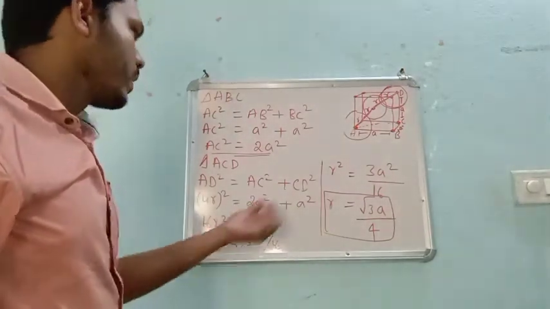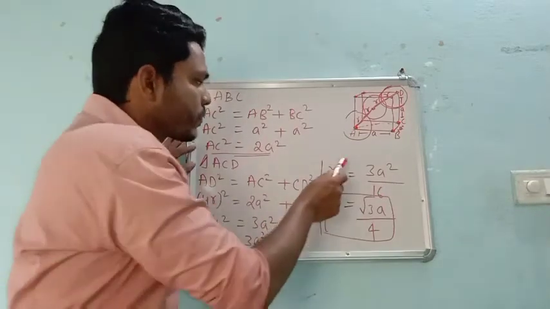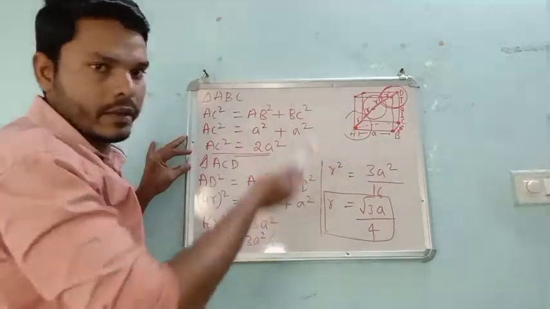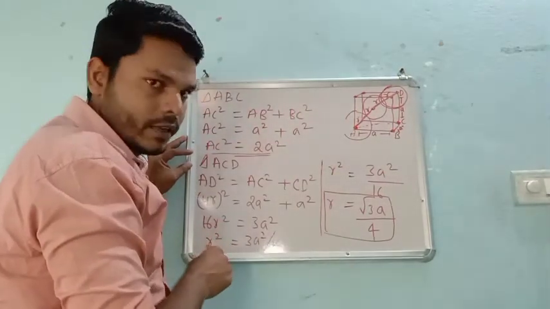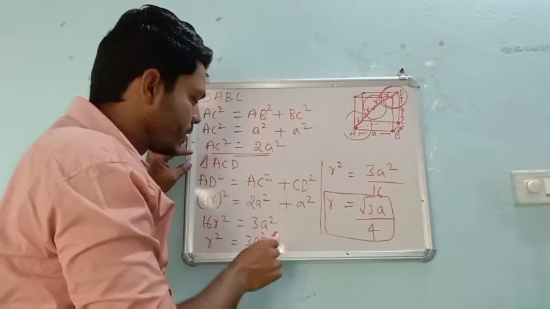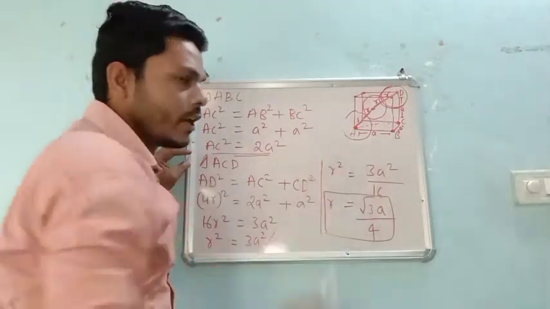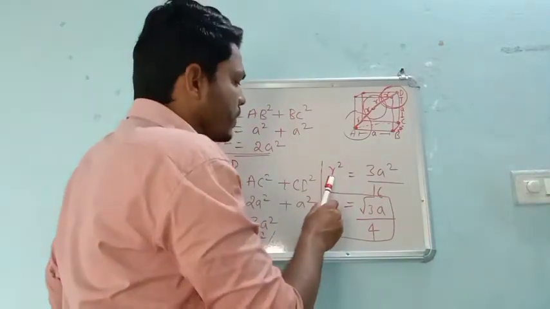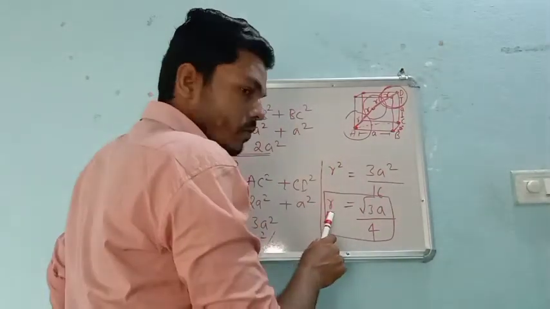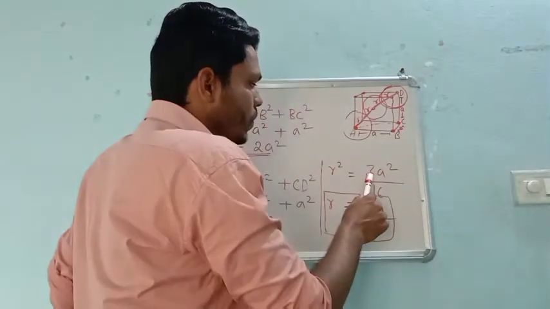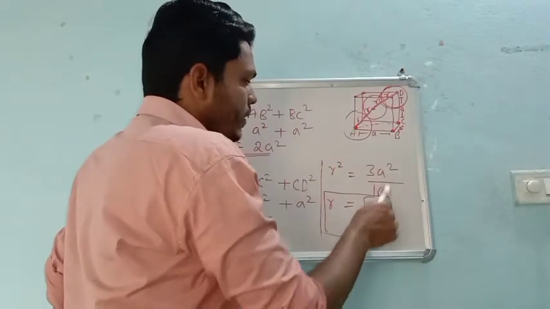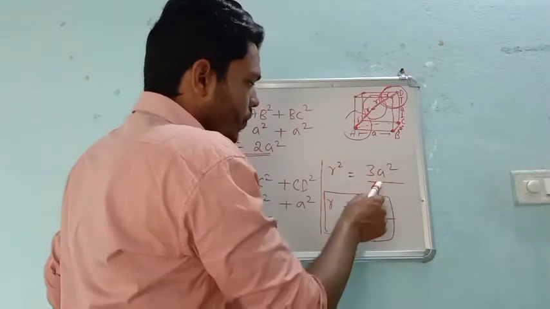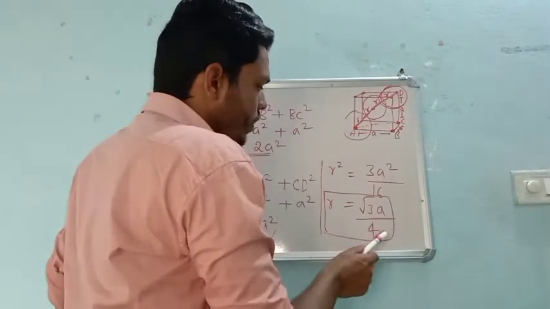So now what we need is the radius, right? So what I did, I took this R square outside, so that 16 will come directly into the denominator. We don't require R square, what we require is R. So thus R is equal to root 3 a divided by 4, because the root and square get cancelled, and 4 4s are 16, root 16 value will be 4, right?